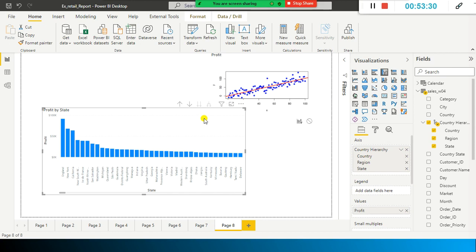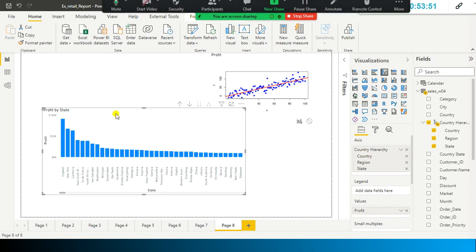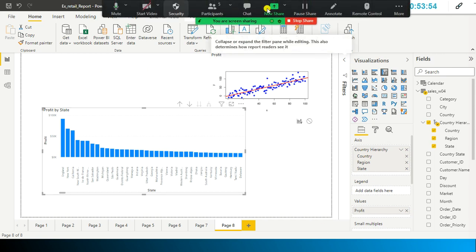And what are the drawbacks of slicers? Power BI does not provide support for input fields. You cannot use input fields here, and also you cannot use drill down. So in the case of a slicer, you cannot use drill down, okay? And there is no provision or feature for pinning a slicer to the dashboard. Though you have a slicer here, you cannot pin the slicer to your dashboard, okay? I will show you what pinning is, don't worry, okay?